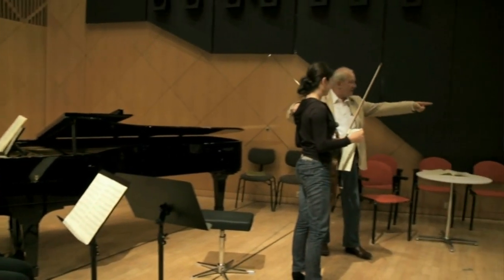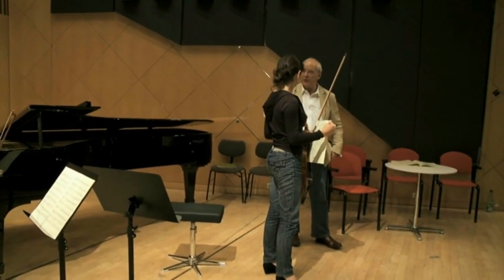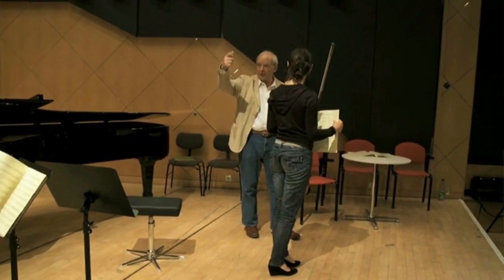Now that you have done the slow movement with the cello, and then with the modern horn, and then we can...